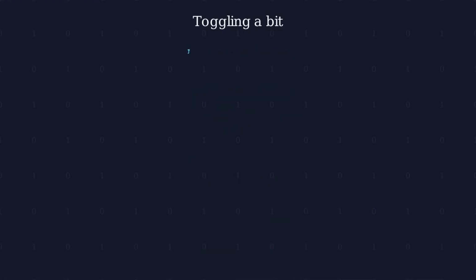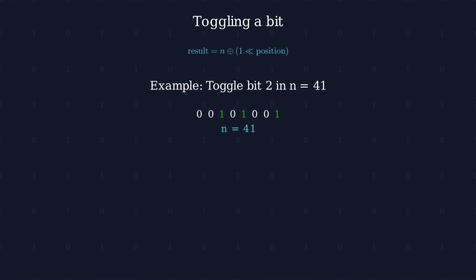Our fourth technique is toggling a bit. To toggle a bit, meaning to flip its value, we use the XOR operator with a mask. Let's toggle bit 2 in the number 41. First, we look at 41 in binary, which is